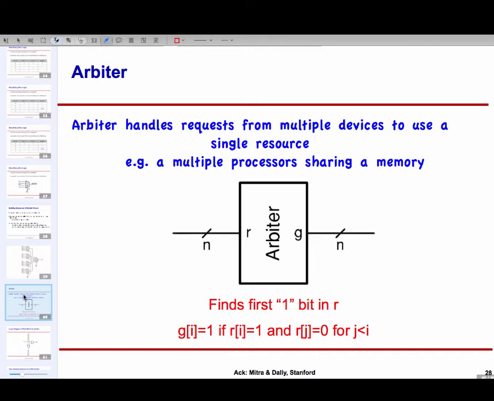At any given point in time, there could be multiple simultaneous requests, but among those who requested, I need to select one of them to be the winner. That's called an arbiter. Now, of course, in this case, there has to be a policy. That is, if there are multiple requests, which one do I select as the winner? There could be any number of policies.